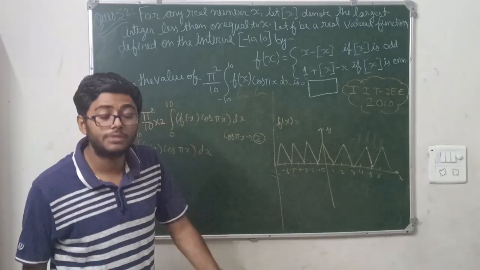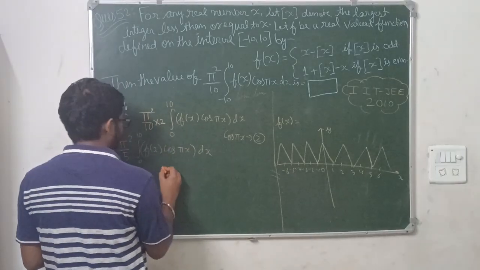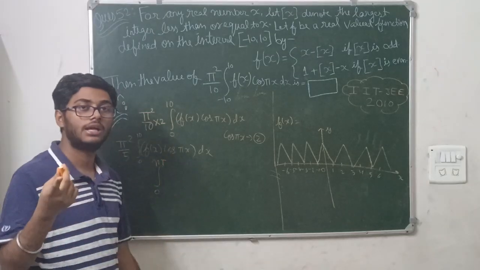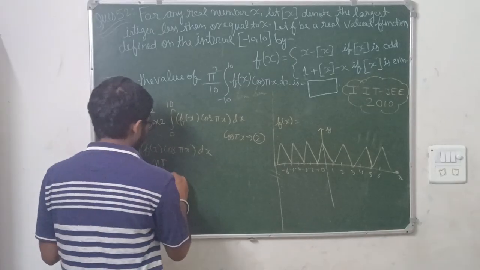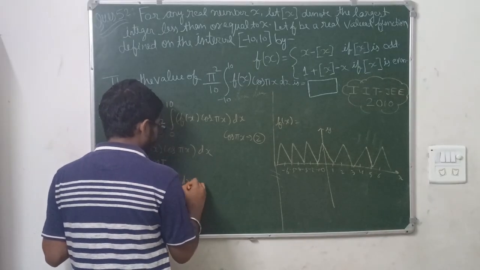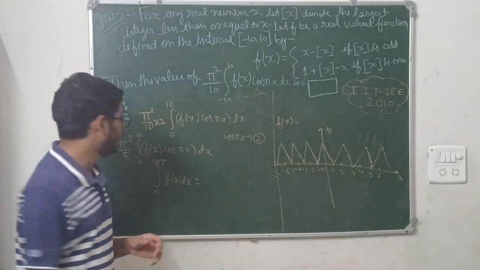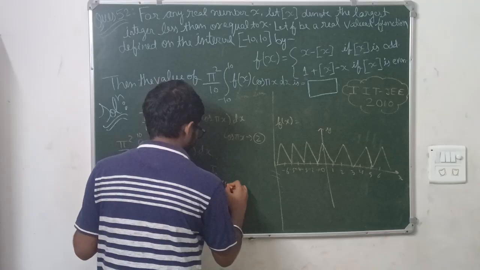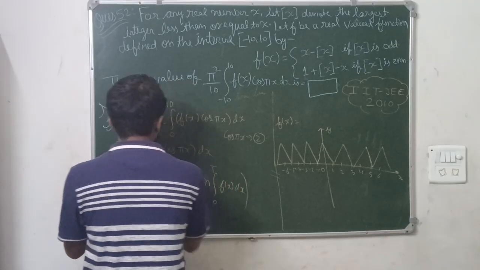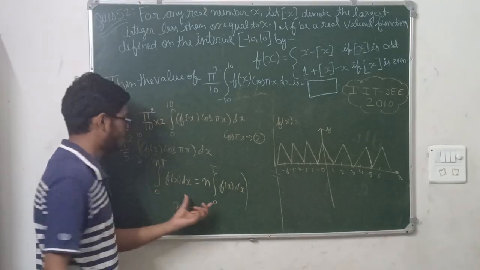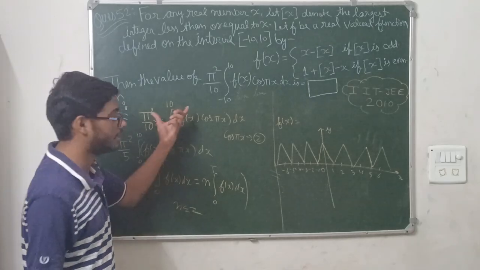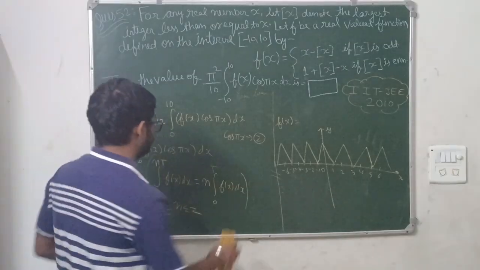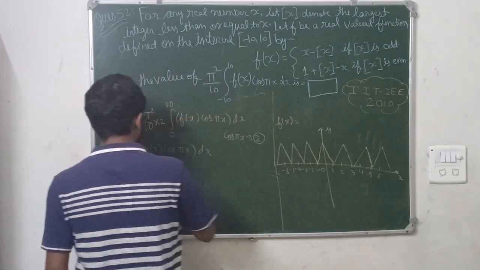Another concept, multiple concepts are used here. In integration, you have learned if you have to integrate a periodic function whose period is, assuming, t, and some integer n is multiplied in the limit, so it will be n times 0 to t fx dx. This is the property. n belongs to integers. We will apply the same property here. Okay, you can write 10 as a multiple of 2. 2 into 5. 2 into 5.